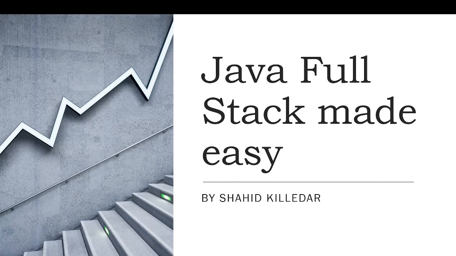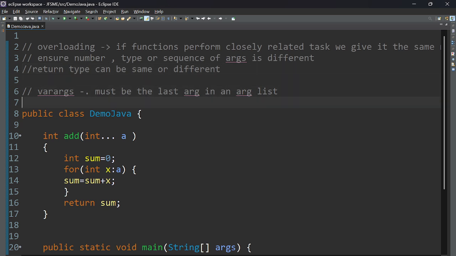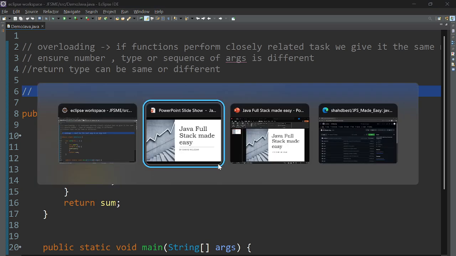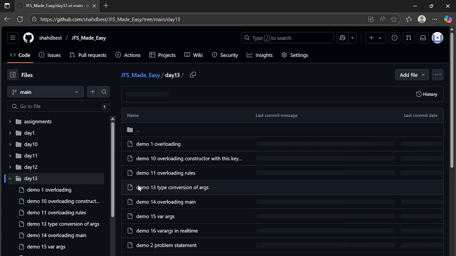And in the previous session, we spoke a lot about overloading. Then we talked about constructors, then constructor overloading. We also overloaded a main method, and then we have seen the rules for overloading, that is, number, type and sequence has to be different. And then we have also seen what exactly variable arguments are and how do we make use of variable arguments, rules associated with variable arguments, and all the demos related to this you will find out in session 13 repository